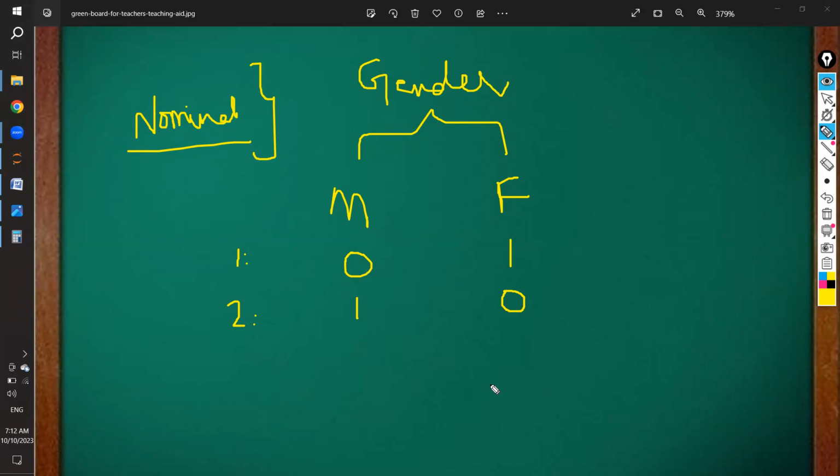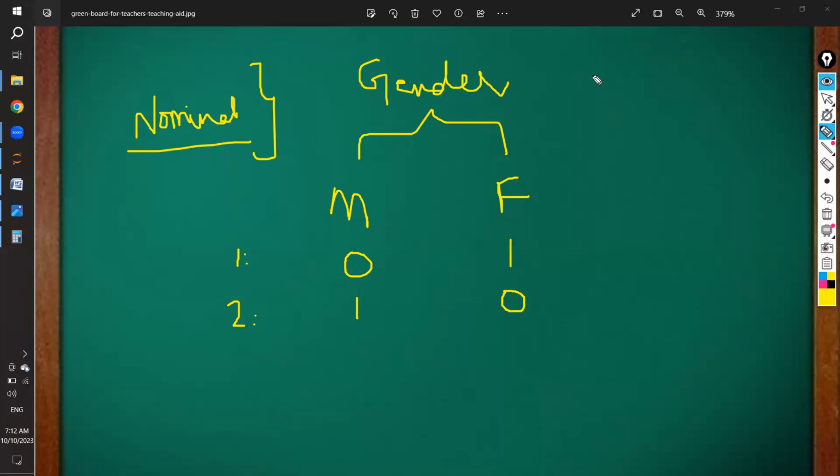Yeah, both ways are fine mostly. Fine. 0 nominal. So nominal means the numbers are just nominal, just namesake. That does not give any actual importance. There is no order. There is nothing like males are greater than females or females are greater than males. It's just that we are trying to represent. So in that case,